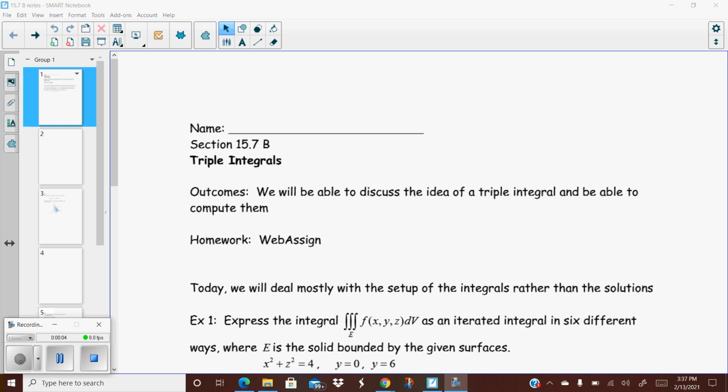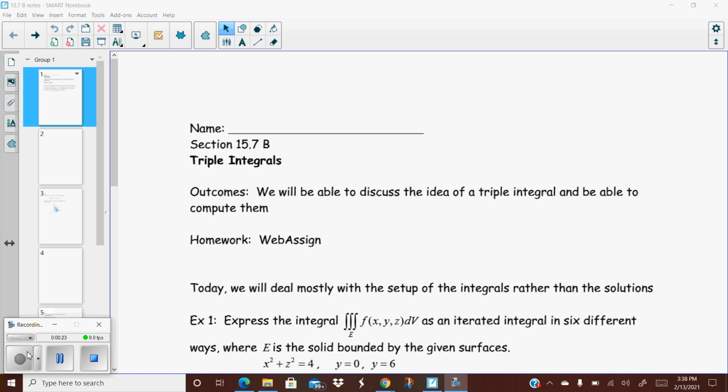Okay, so this is section 15.7b. We're still talking about the idea of triple integrals. And one of the things I want to talk about in this particular section is really more of the setup of the integral rather than the solutions, because